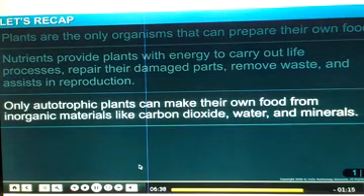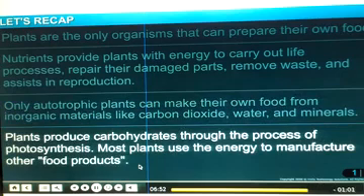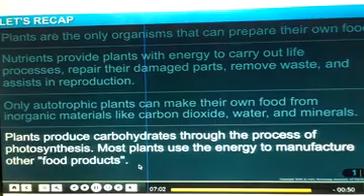Only autotrophic plants can make their own food from inorganic materials like carbon dioxide, water, and minerals. Plants produce carbohydrates through the process of photosynthesis. Most plants use the energy to manufacture other